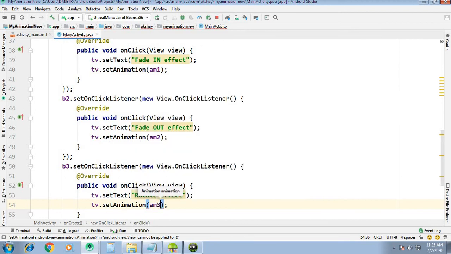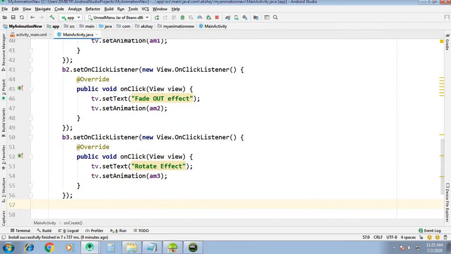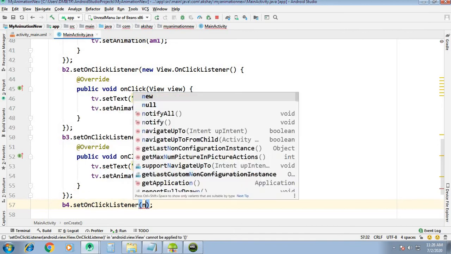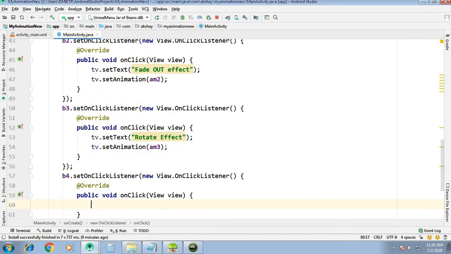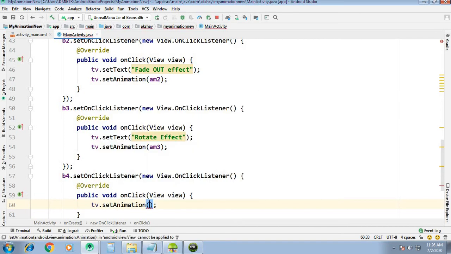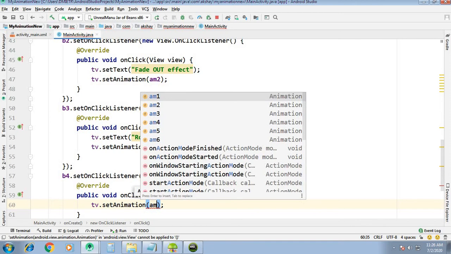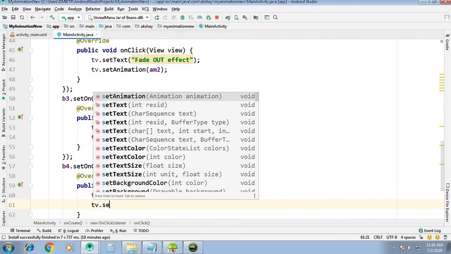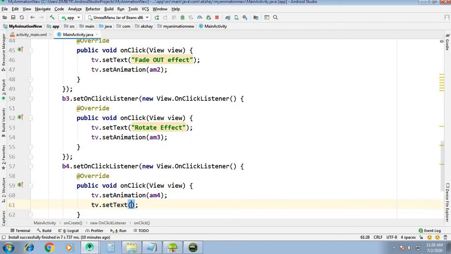Okay. Then b4.setOnClickListener, new OnClickListener, tv.setAnimation here am4, and tv.setText here rotate to effect, second rotate effect.